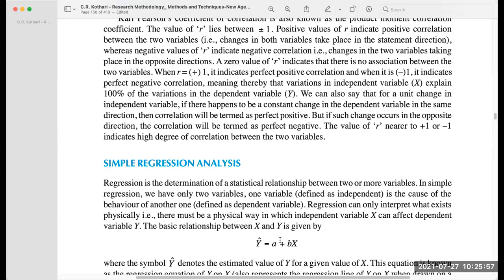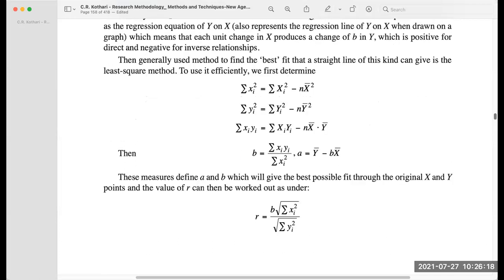And you are supposed to find the value of these constants, A, B. There may be many more if we are going to do multiple regression analysis. These values can be easily found based upon the data you have, corresponding to each X and Y value, right? So you can use these kinds of equations to find the value of B and A, right?